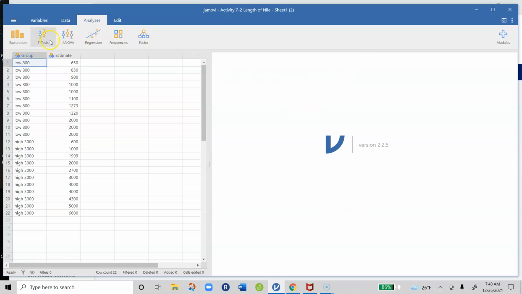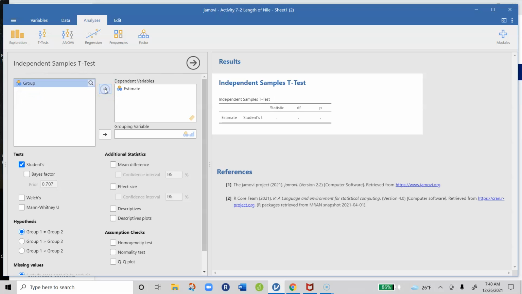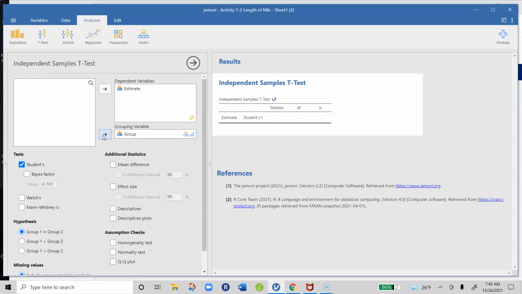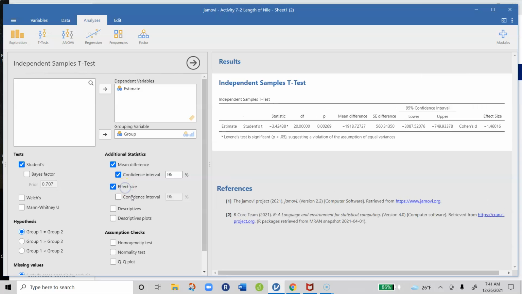So we're going to do an independent measures t-test. So you click on t-test and independent samples t. Now we only have two variables in this data file. Our dependent variable is people's estimate for how long the Nile is, and then our independent variable in this study is our grouping variable, which we've just called group, which group they're in. They're either in the low anchor or the high anchor group. Okay. So we're going to look at mean differences and get confidence intervals, effect size with confidence intervals around those,